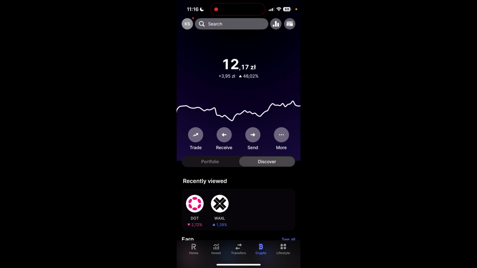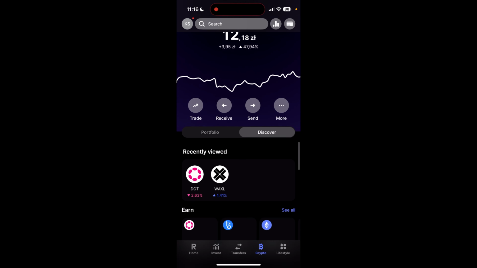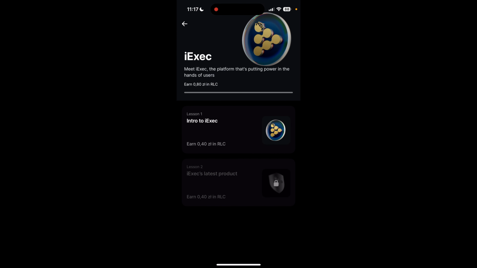Today we got a new crypto quiz from Revolut and I want to show you how to answer these questions. So log into your Revolut account, go to the section Crypto, push the button Discover, scroll to the bottom to the section Learn, and like you see we have a new quiz, iExec, so we can push on this. We have 2 lessons. So click on the first lesson,